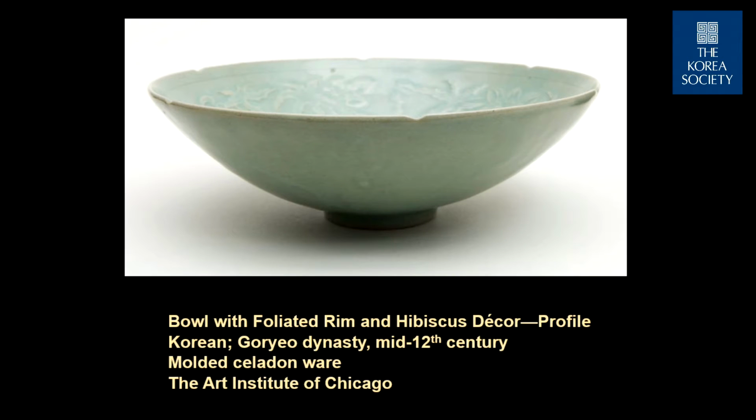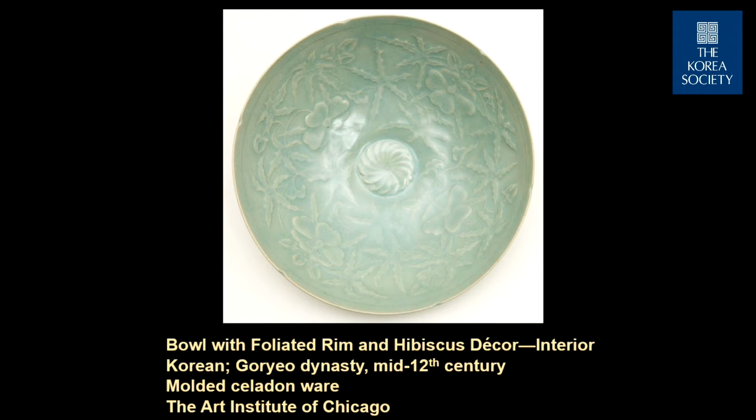They also went on to produce molded decoration, where they have a mold made of fired ceramic ware that they put in the center of the potter's wheel, and then using the potter's hands, push the clay against the mold. This is the same one looking into the interior of the bowl. It is a hibiscus, a blossoming hibiscus plant, with the flowers there, the star-shaped leaves encircling the walls of the